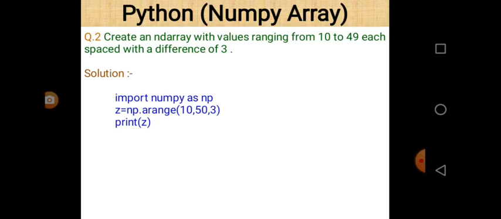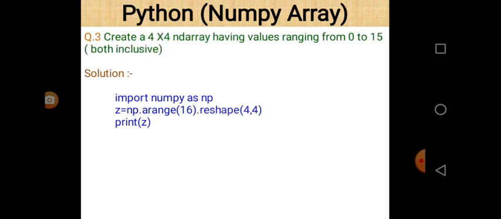We take 50 here because 49 plus 1 is equal to 50, and 50 is not included, and we want to include 49. And there is a difference of 3, that's why we take 3 as the step value. So line number 2, z assigned the value np dot arange 10 comma 50 comma 3, and then finally print z. An array will be printed after the execution of that statement.